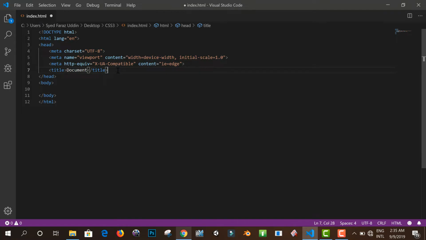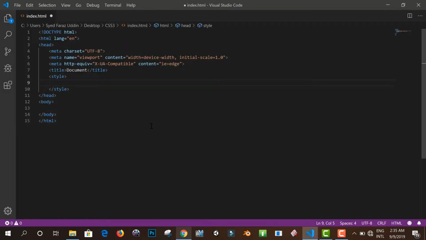So inside head tag, you will have to use a style tag for writing CSS code like this, and inside head tag, you will write your CSS tag. Now as you can see, the body background color of this web page is white by default. So now if you want to change the body background color,